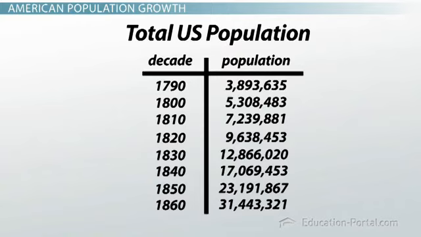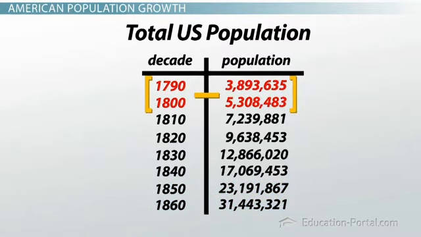This chart reflects total U.S. population as determined by the decennial census. As you can see, America's population grew by about a third every decade without exception, due mostly to natural increase or immigration. Although the largest total increase occurred from 1850 to 1860, the greatest percentage jump happened just after the